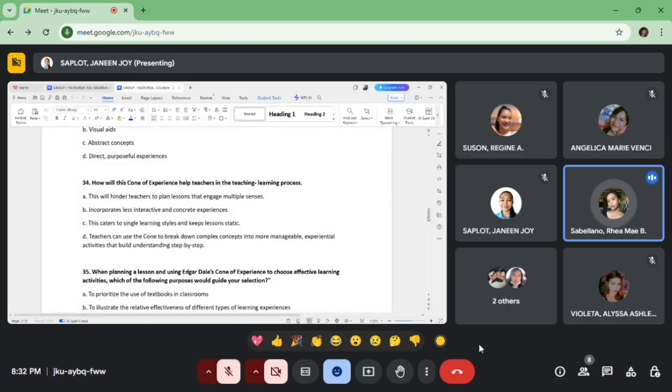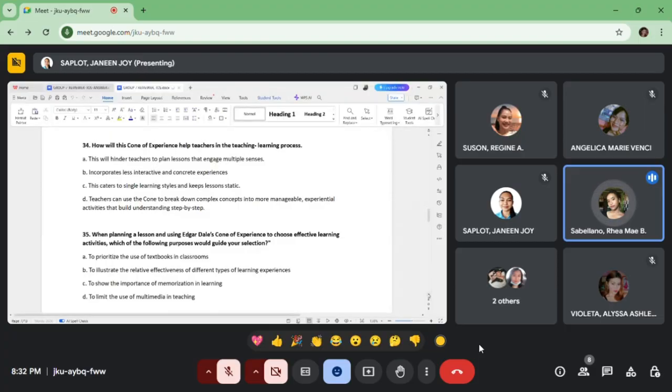But before I give you the rationalization or the explanation why letter D is the correct answer, let's have first the rationalization for some other options why it's not correct. Okay, let's have first letter A. This will hinder teachers to plan lessons that engage multiple senses. So this statement is incorrect because the cone of experience, which is developed by Edgar Dale, emphasizes engaging multiple senses to enhance learning. It promotes using a variety of instructional methods from concrete experiences to abstract representations, which actually facilitates